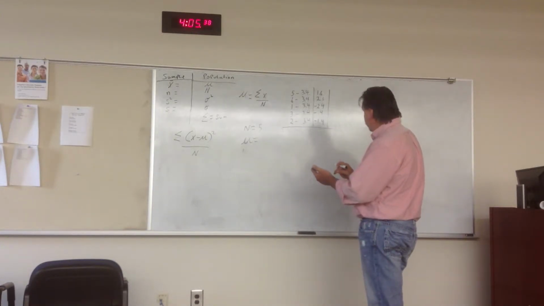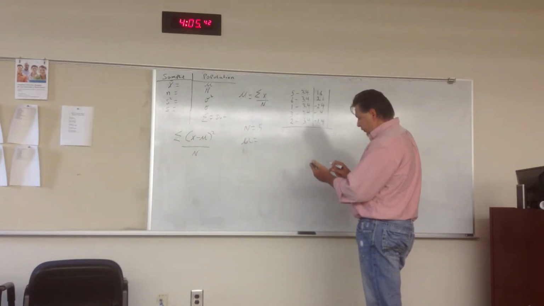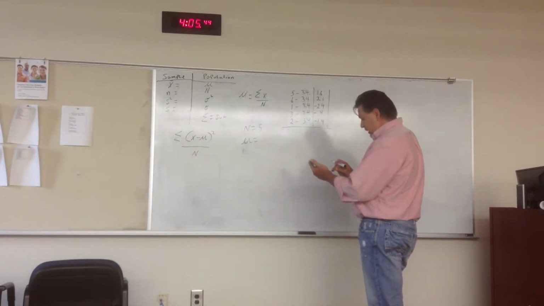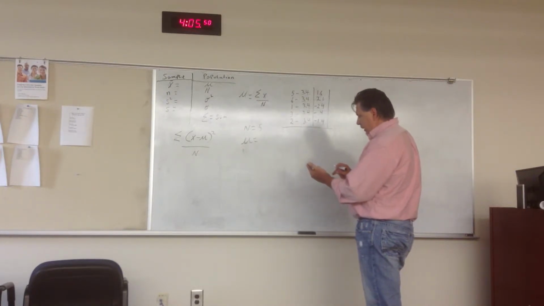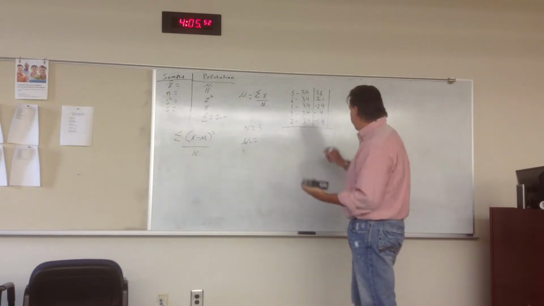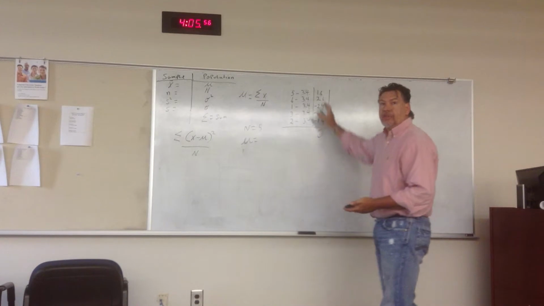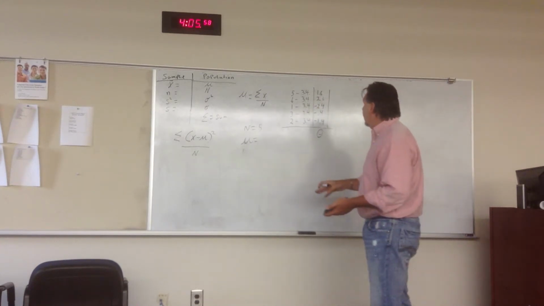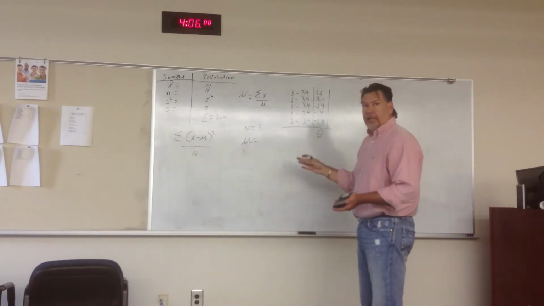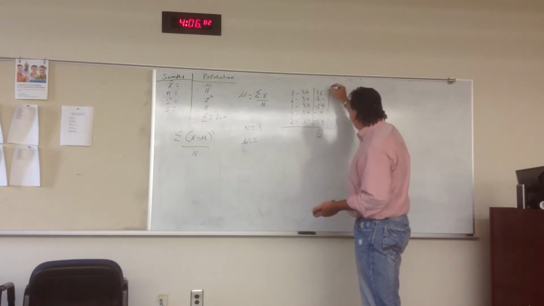1.6 plus 2.6 plus negative 2.4 plus negative 0.4 plus negative 1.4. And then I get a value of 0. So that's what I want. And if I have 0, I'm happy because I know that I did all my other calculations correct. So now what I want to do is square each one of these deviation